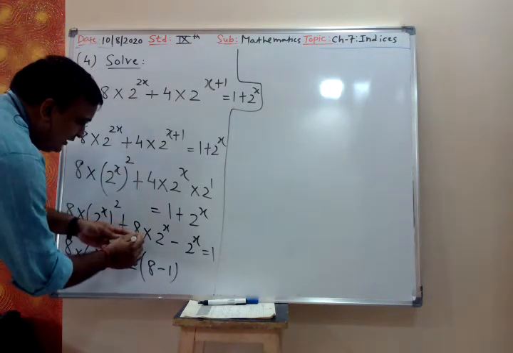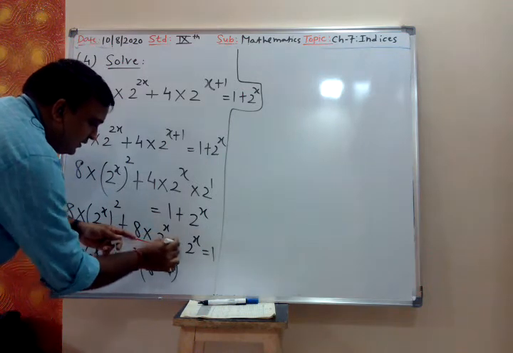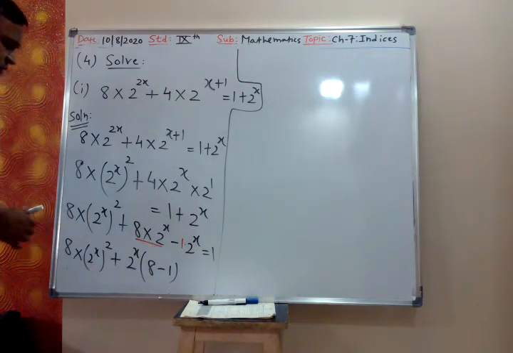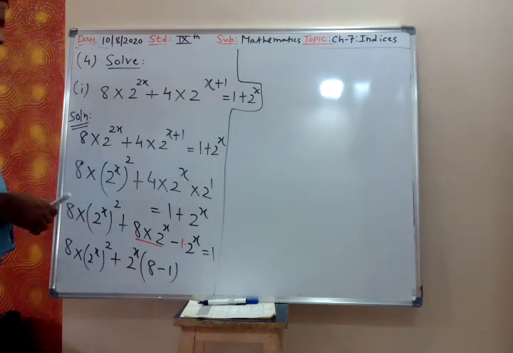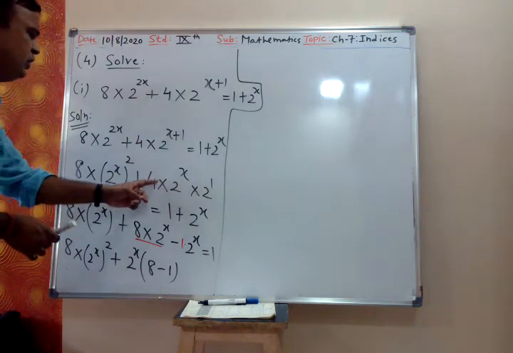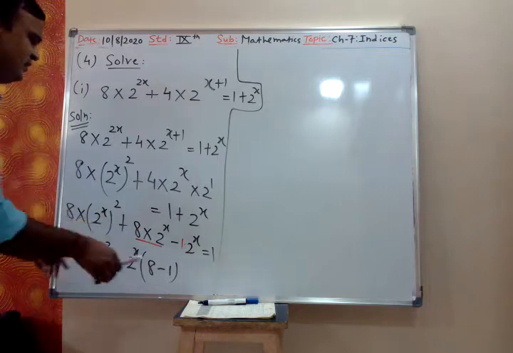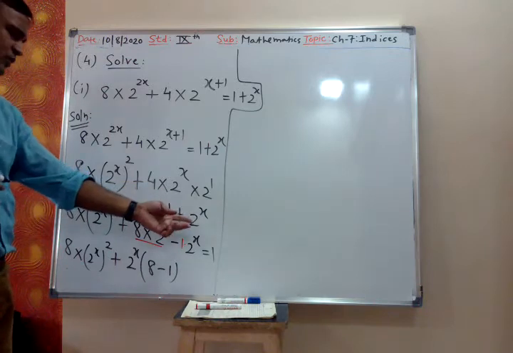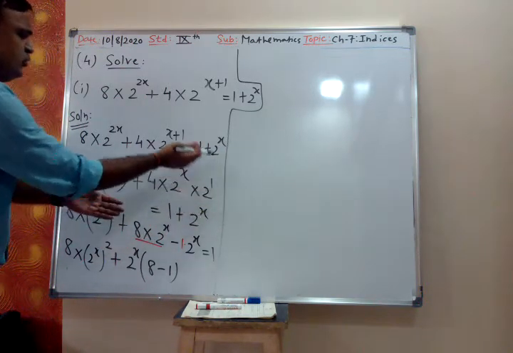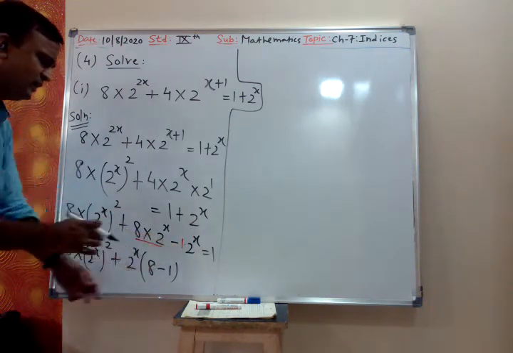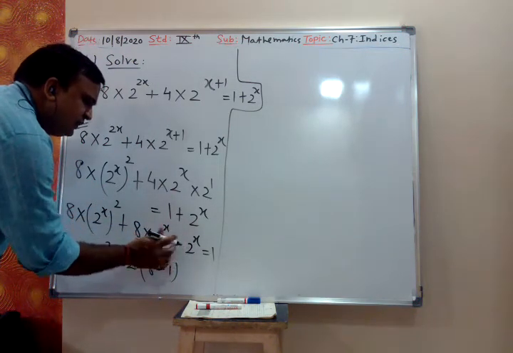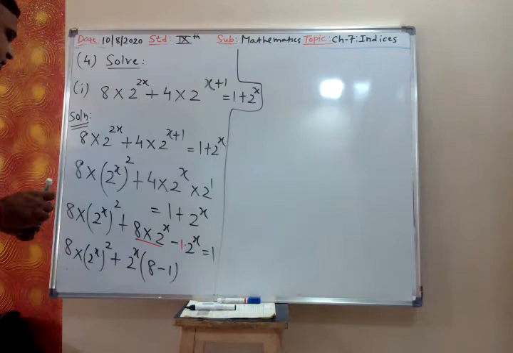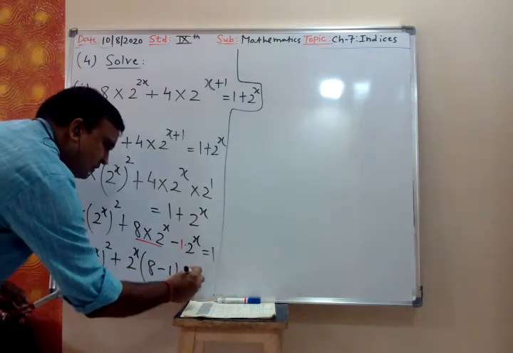No. Because see, there it is multiplication. First you have to multiply. 2 raised to x means it is 1 into 2 raised to x. 2 raised to 1 I have multiplied with 4, no? 4 into 2, that is 8. On the RHS I have taken 2 raised to x on the other side, no? It becomes minus. So I cannot cancel 2 raised to x, 2 raised to x. Is equal to 1.